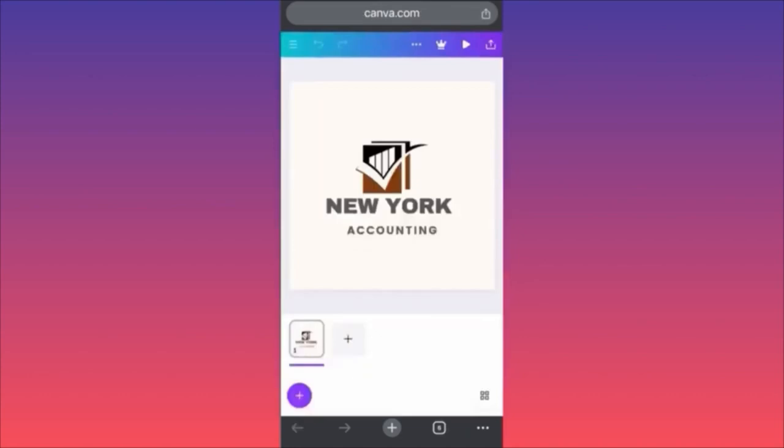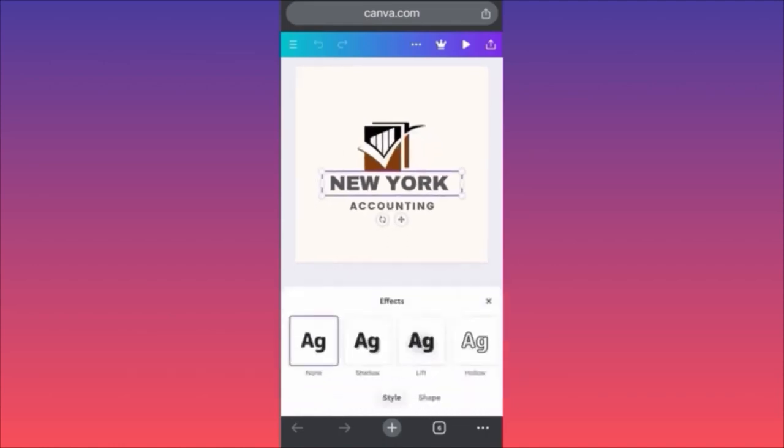For my example, I am going to use this particular text over here. When we have the example ready with the text on it, we want to click on the actual text. Then you want to click on over here and you want to click on effects. Okay, then there is a small section under this that is called shape. You see there is a shape, there is a style, so you can click on shape, and the second option